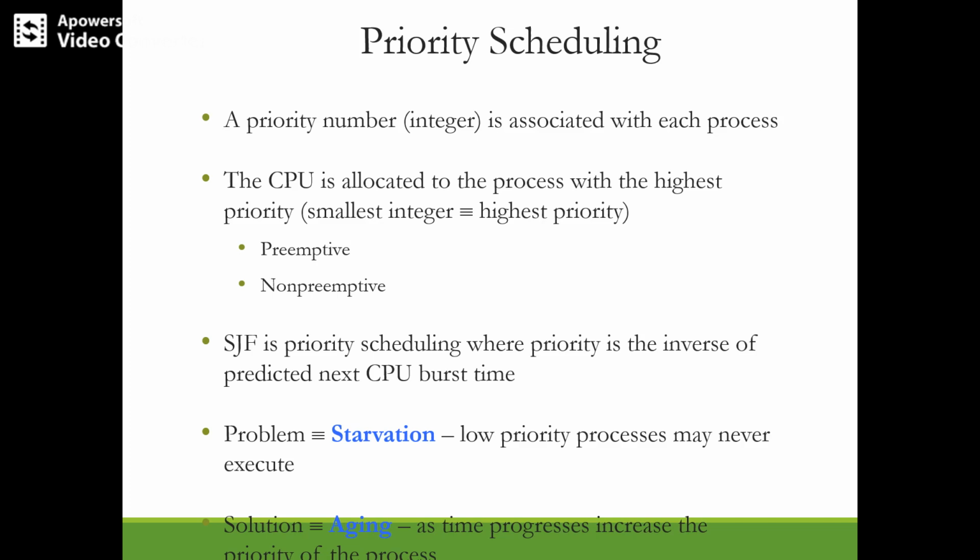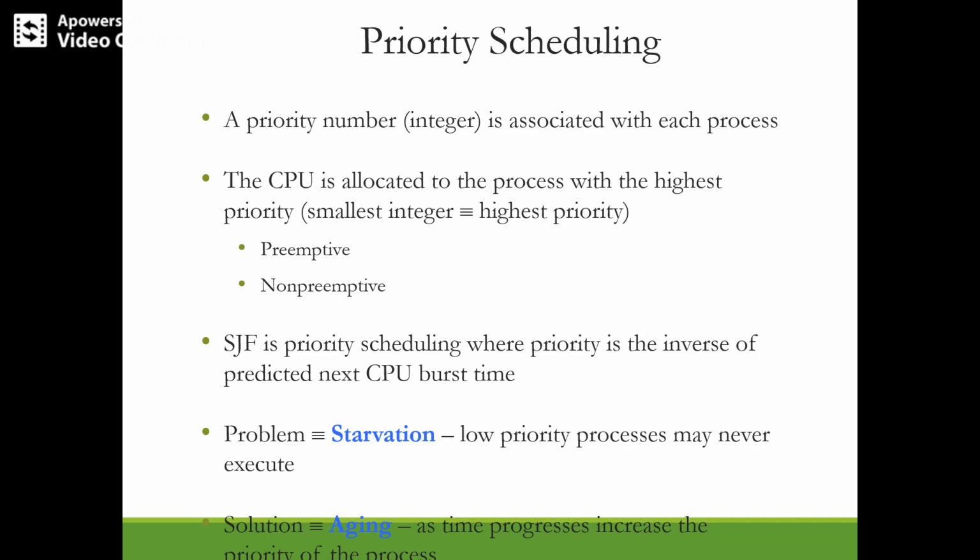The major problem that occurs with priority scheduling is indefinite blocking or starvation. What is starvation? Lower priority processes may never execute, because when the CPU keeps getting processes with a higher priority, the lower priority processes are not able to get the CPU. So this kind of algorithm can leave some low priority processes waiting indefinitely for the CPU. The computer system loaded with higher priority processes can prevent the lower priority processes from running.